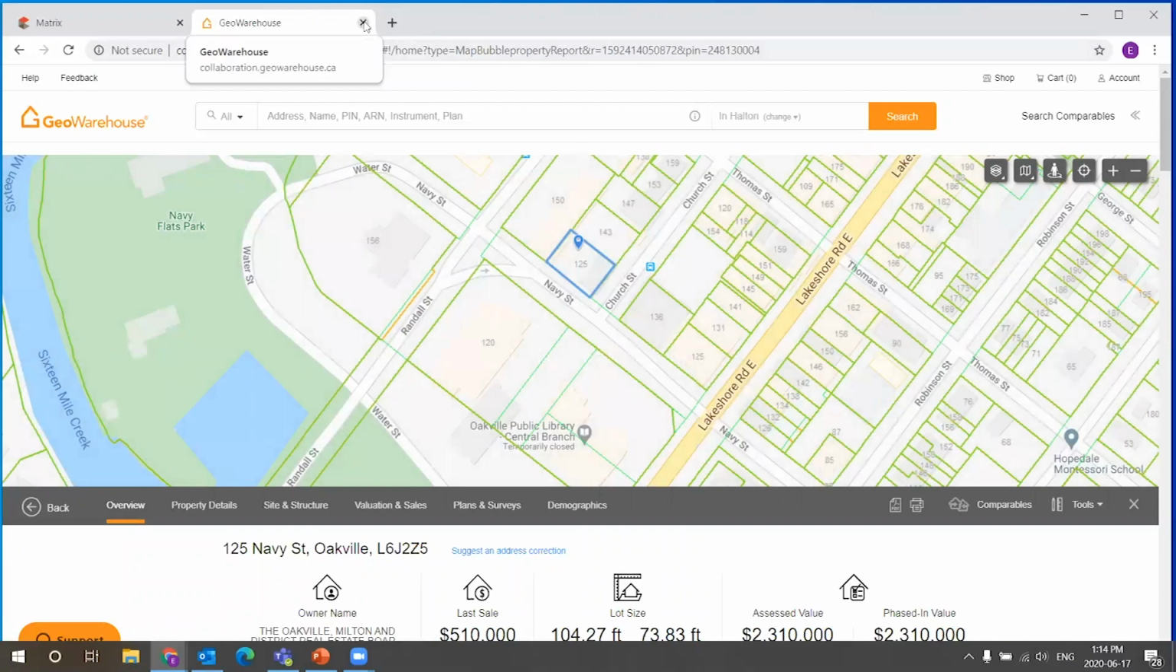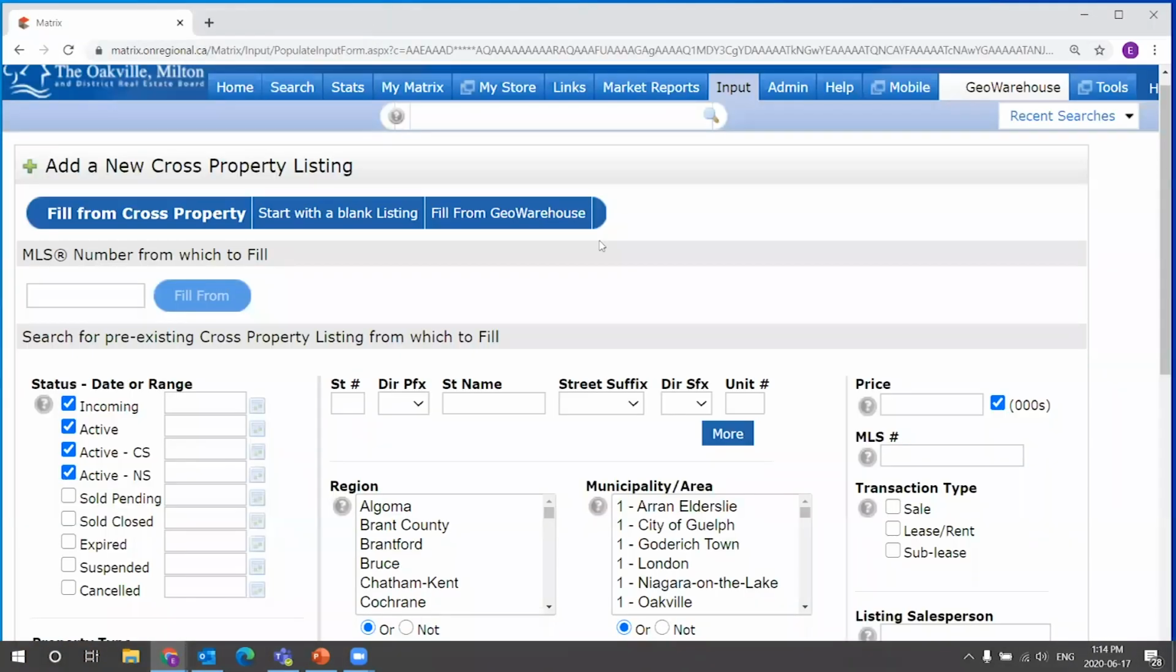So if I close this up, we're going to open it back up when we go to use the option. The GeoWarehouse option is going to be very close to starting as a blank listing. What it will pull, however, is some minor information to save you the trouble of copying it over, right? Things like confirming your address, the way that it's spelt, the legal land description. There's a couple of things such as your PIN and your ARN that are going to come through